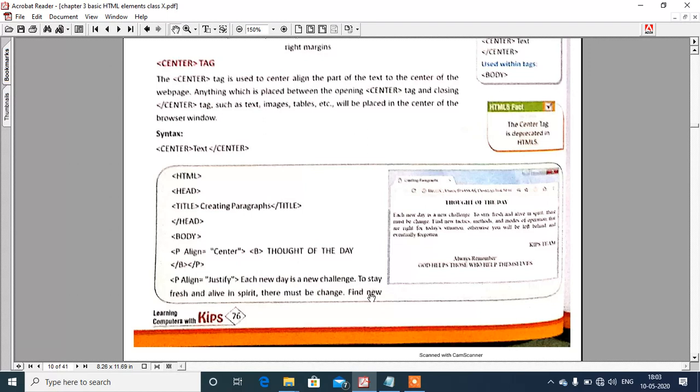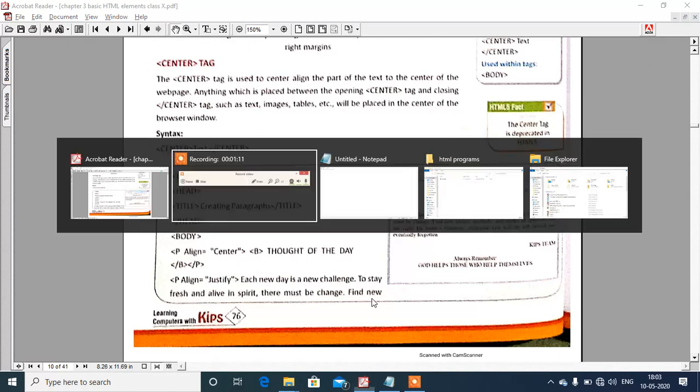There are alternative ways to align things at center too. For example, if you are using paragraph tag, that is p tag, you can use align attribute to center it, or left or right. But if you want to align anything in center, you can use center tag. Center tag is a container tag. That means it must require on and off center tag. I am going to give an example by which you can understand it well.